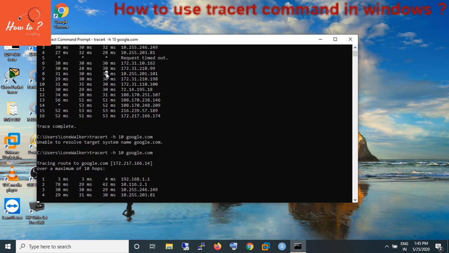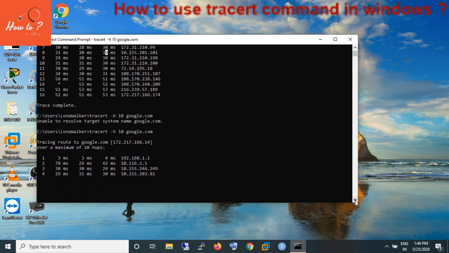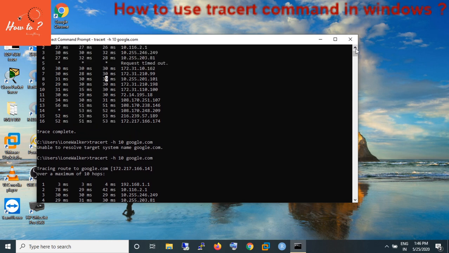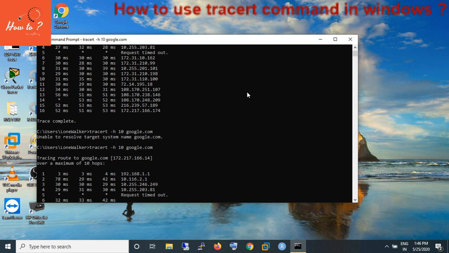Here you can see the maximum of 30 hops. And now this will go up to 10 hops, and see the result.